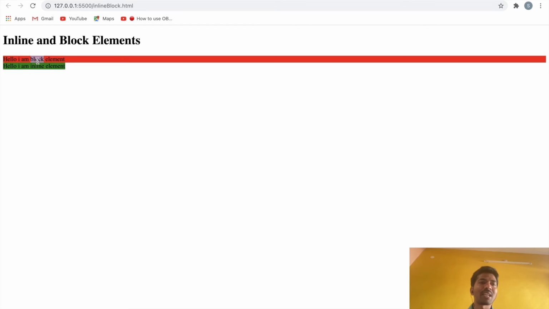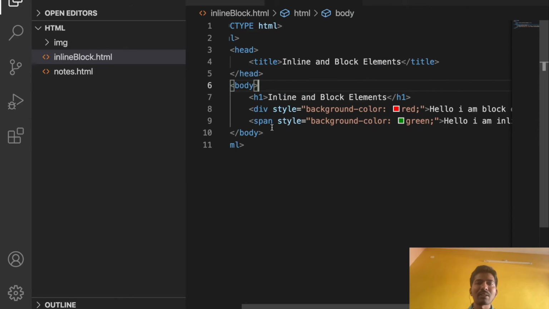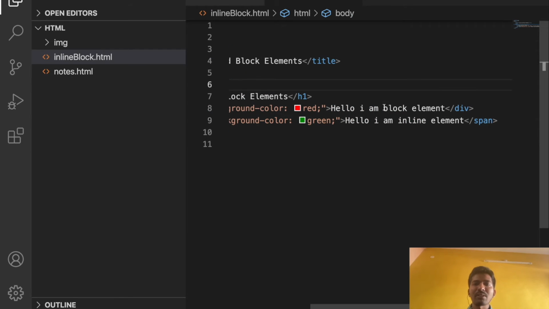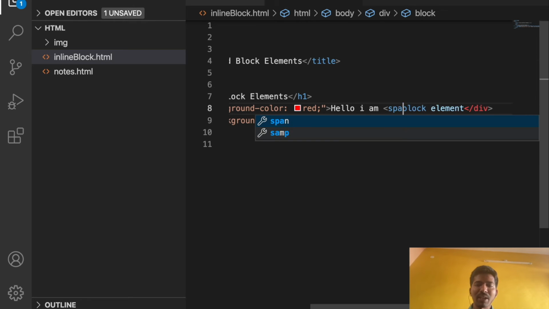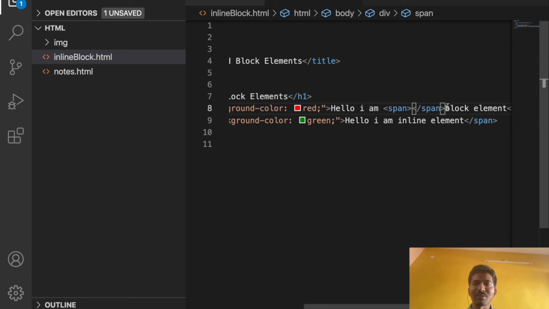Now let's say I am using an inline element for this block. I will keep this one inside a span, or whatever inline element you can use here. Now I can give some style for this element, color orange.